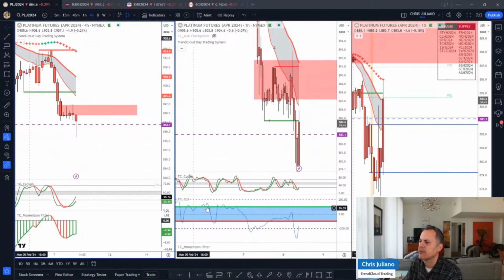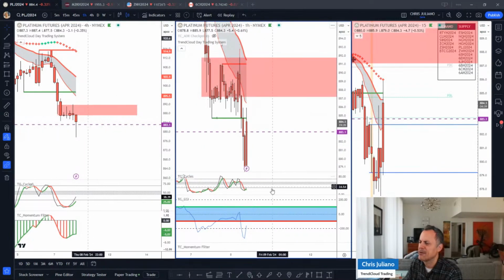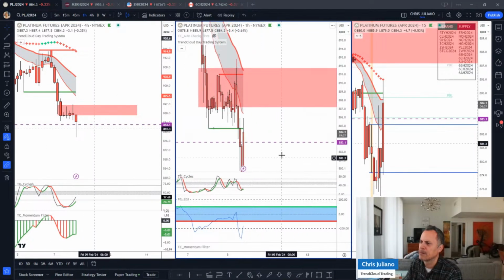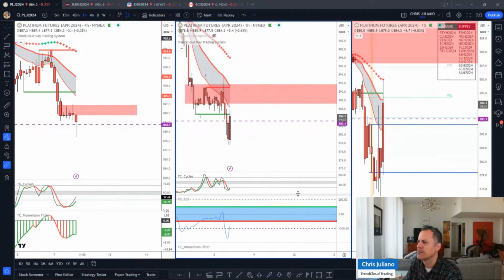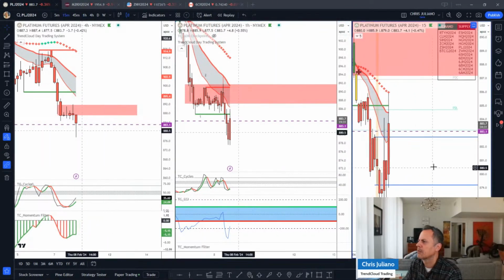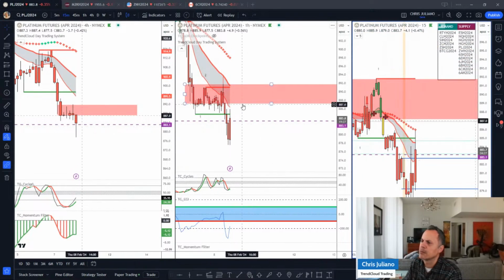Okay, starting to cycle up. Momentum is up, but the trend is down. In order to make some sort of move, okay, it does look like it's pulling into